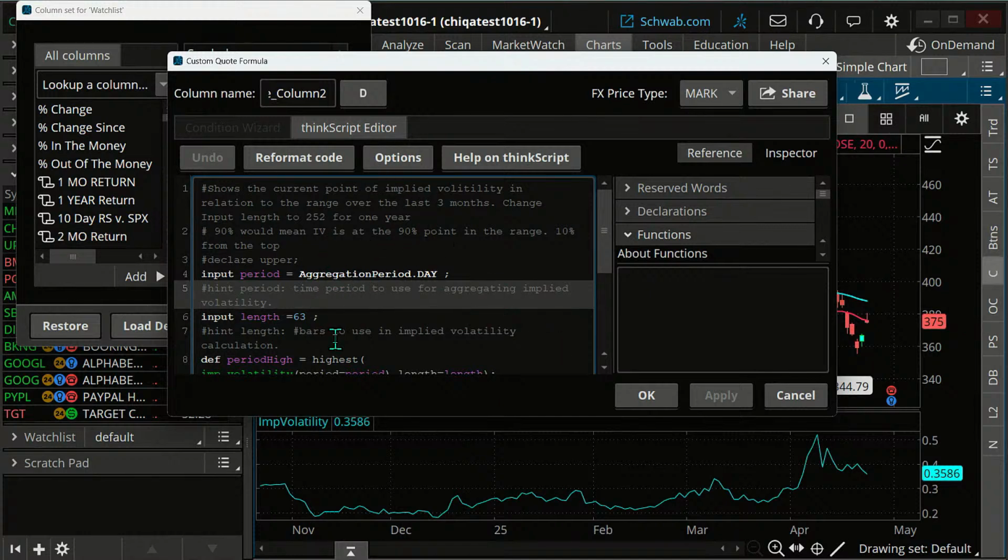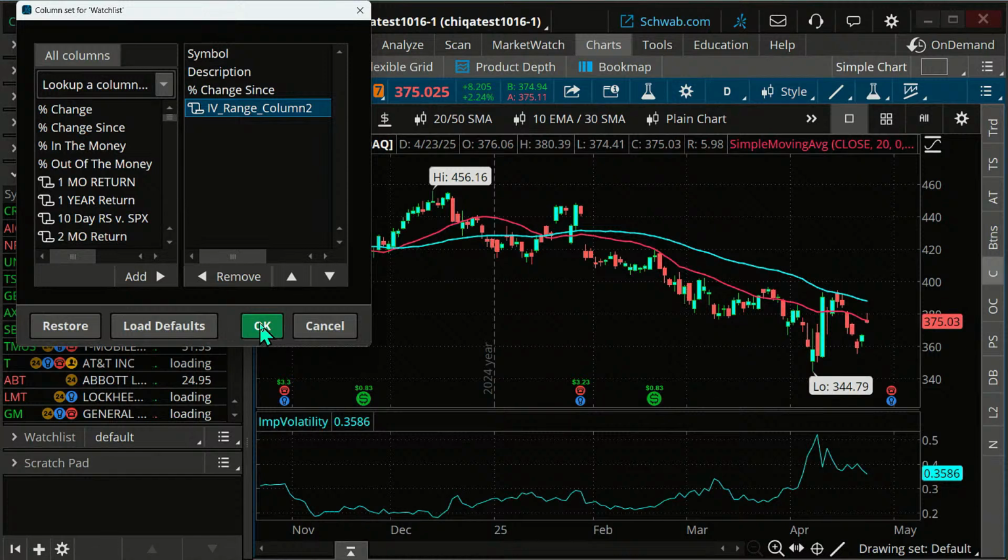But this is essentially that IV rank, except instead of looking at the last year, it's looking at the last three months. Okay? If you have any questions on there, so remember, this is going back, there's about 21 trading days in a month, right? To take out holidays, take out weekends, every weekend, okay? So that's where we come. It's not going to always be exactly that because not every month has the same number of days, right? So there we go.